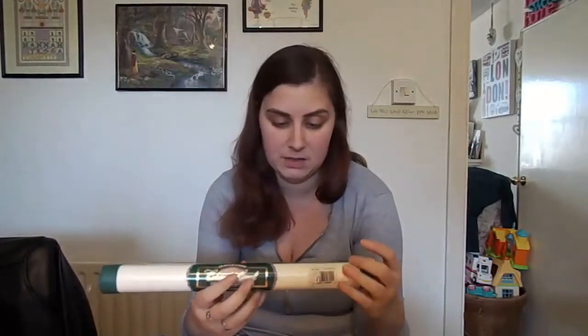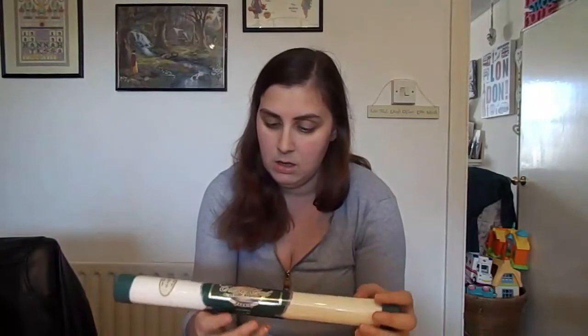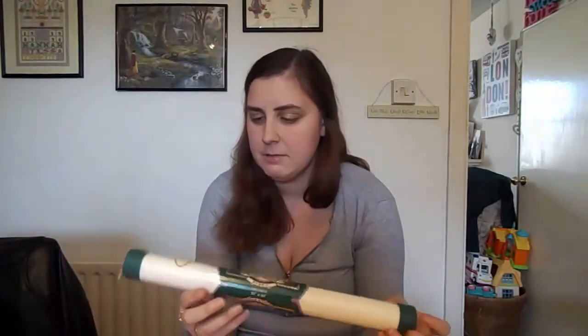So I got that. I also got some even weave, which I don't have here. I don't know what I'm going to do with it because I don't stitch on even weave. So I might get rid of that. I'm not sure. We'll see. It was a 28 count even weave. It's not here. It's upstairs. Oh, I got